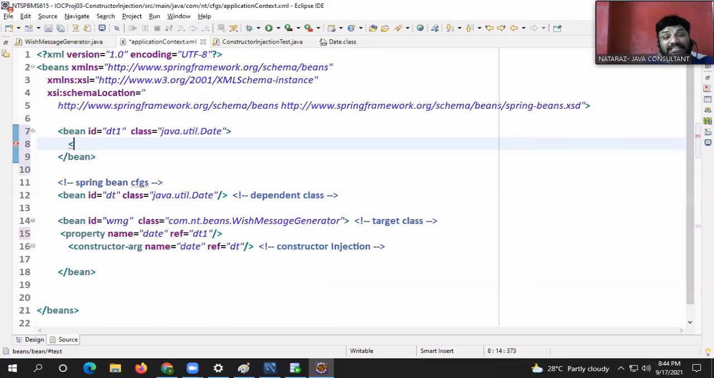Okay. And I want to do setter injection, guys. Property name year, value is equal to